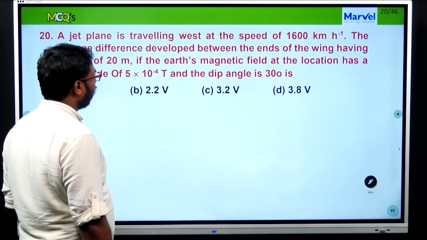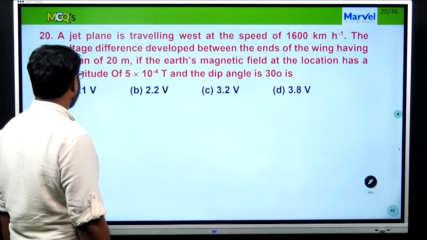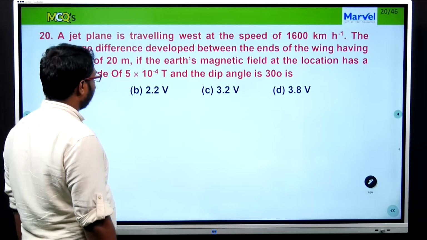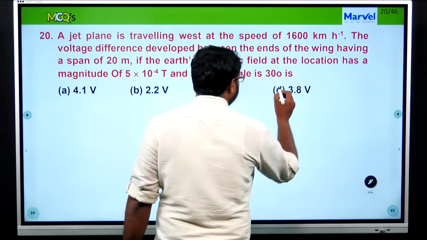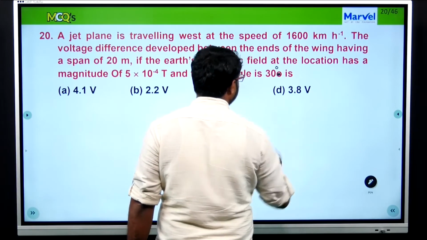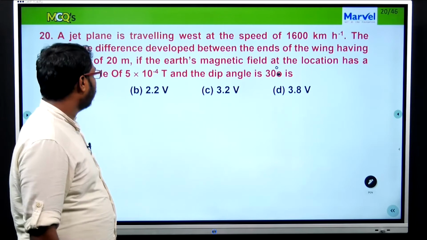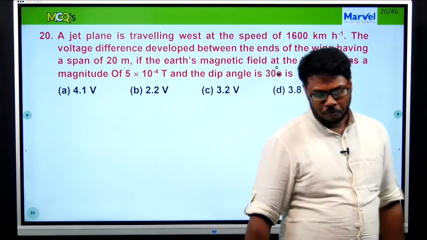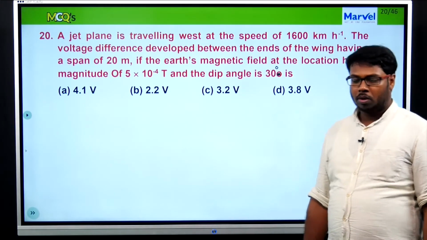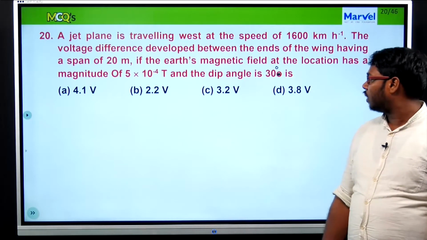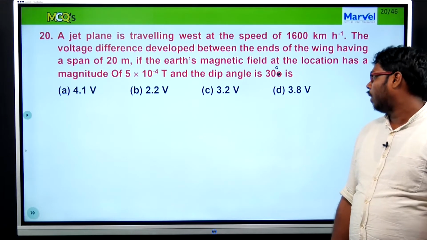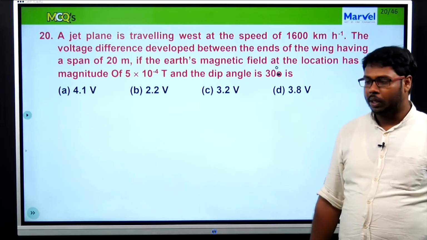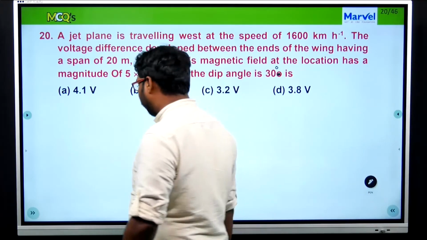If the Earth's magnetic field at the location has a magnitude of 5 into 10 power minus 4 Tesla, and the dip angle is 30 degrees. So now what we have to do is directly find everything in here. He is asking us to find the dip angle. It is moving from west to east. So first one, the dip angle,